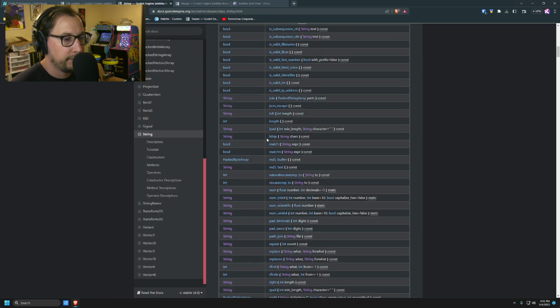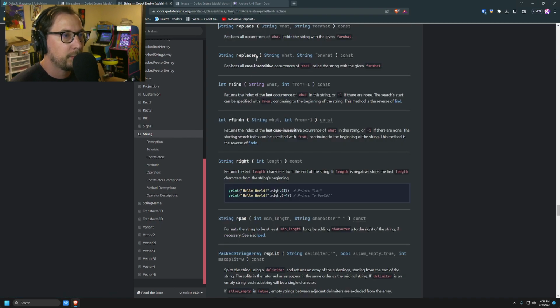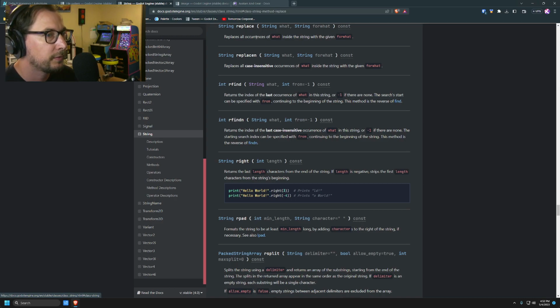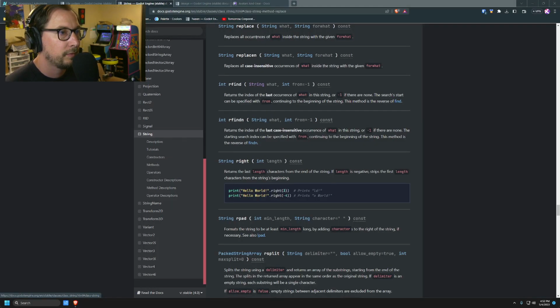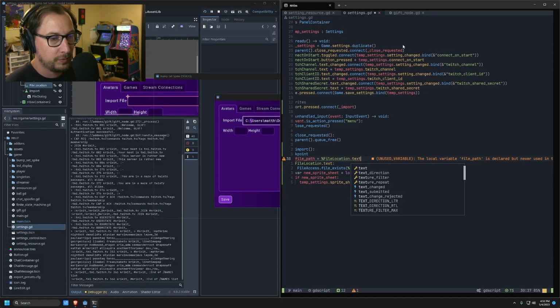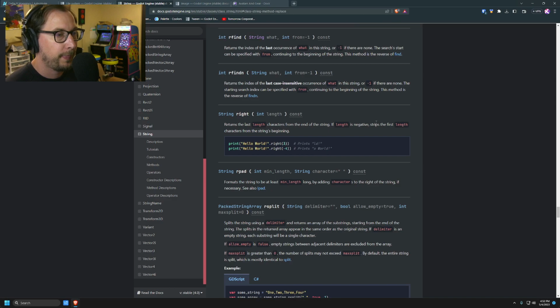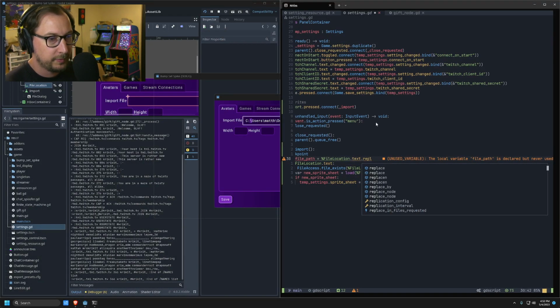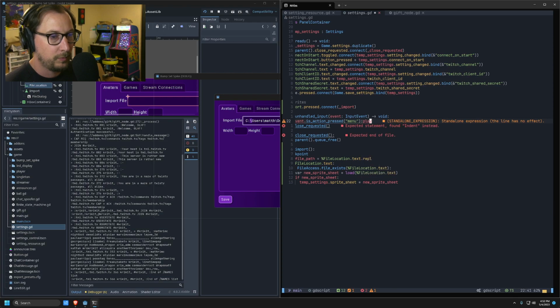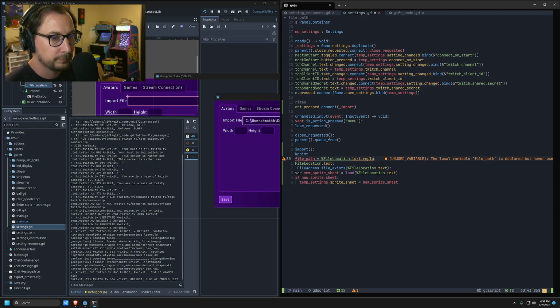Is there a replace all occurrences of what inside the given string with the given for what? So dot, and is this a return of value? No. So replace. Whoa. Oh, that's annoying. And we're going to replace